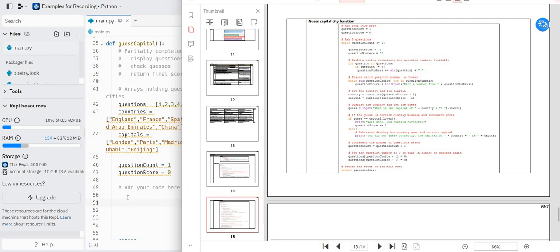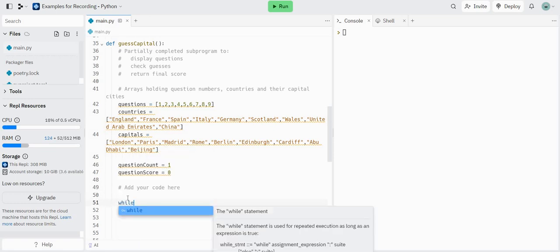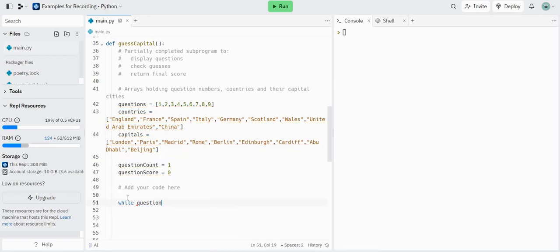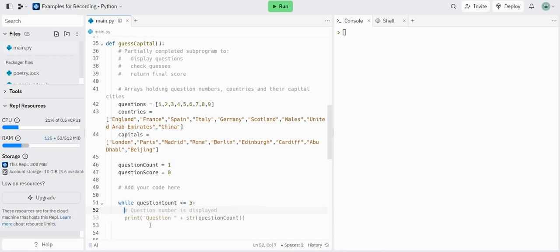So while question count is less than or equal to 5, do question choice